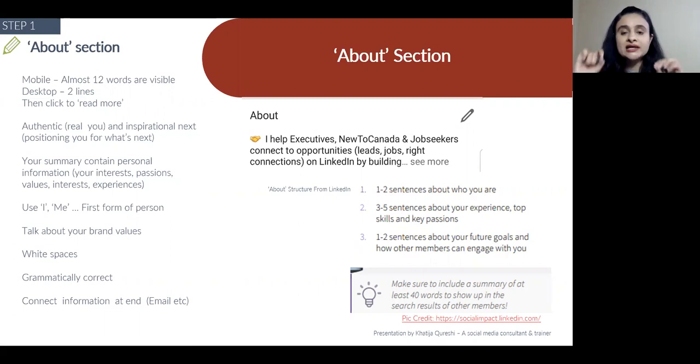This is like an executive summary before anybody scrolls down to your experience section. So use this section to again elaborate on what you have written on your tagline. But again, don't be too overdramatic or too long. Keep it short and crisp. And what are the best practices? First,